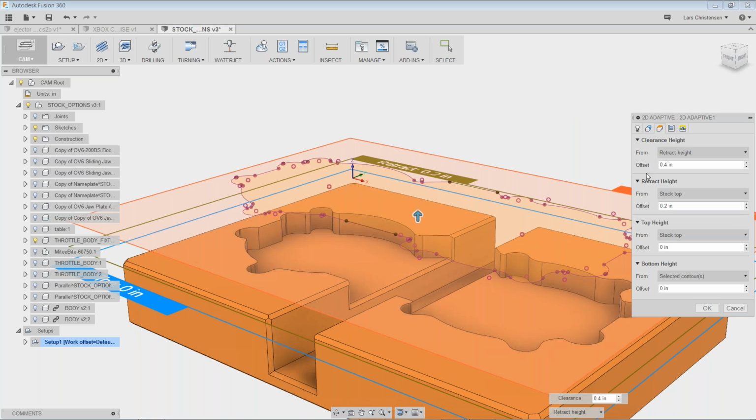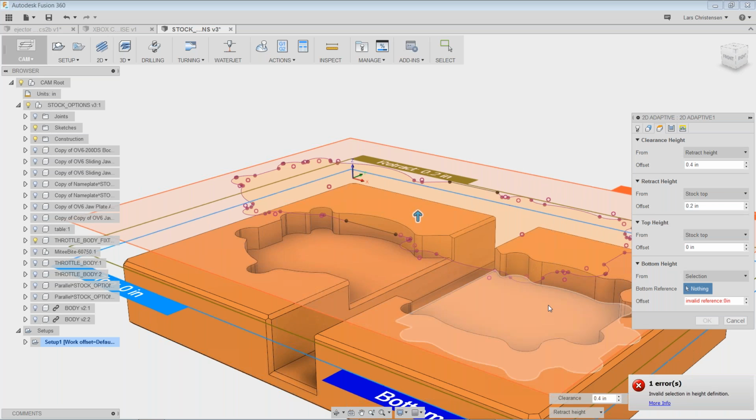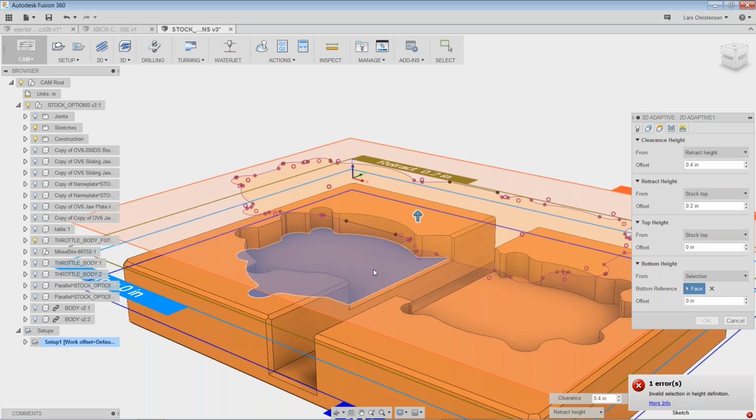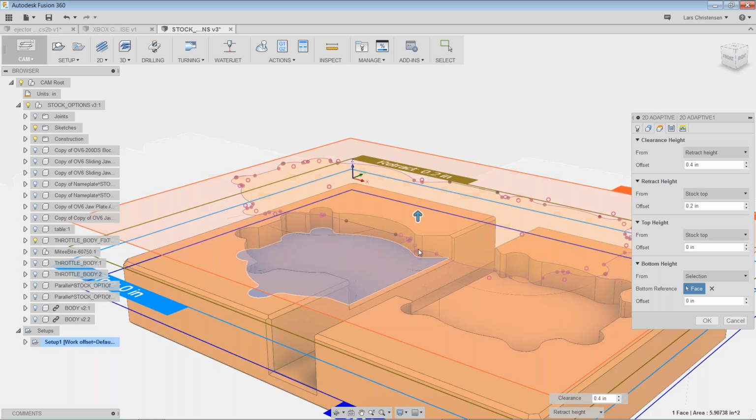So like I said before, the first ones up here are coming from down here. The clearance height is going to wrap around, and when it's done machining, that's how high it's going to go. The top height is the top of our cut, on the top of the stock. That's fine. But this one down here is not right, because that actually has the contour that I selected, but it's that sketch that's flowing up. So I'm just going to hit the drop down and go down and hit selection. And now I can just select right down on the bottom of my pocket as the face that I want to machine down to. And if I hit OK now,